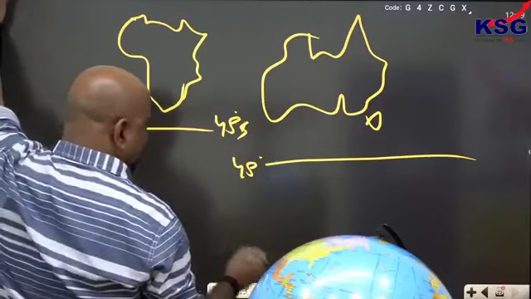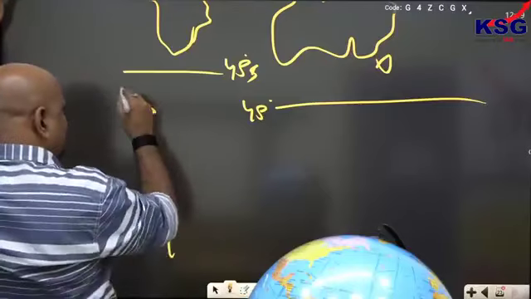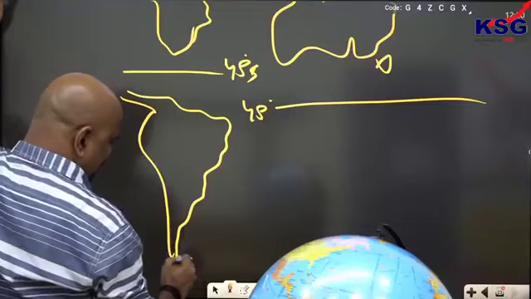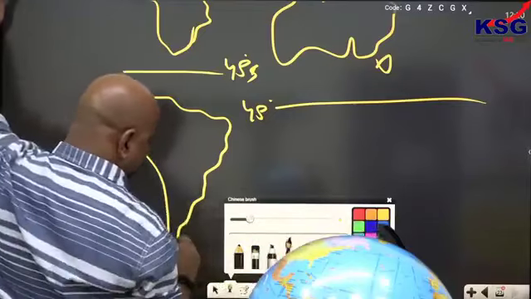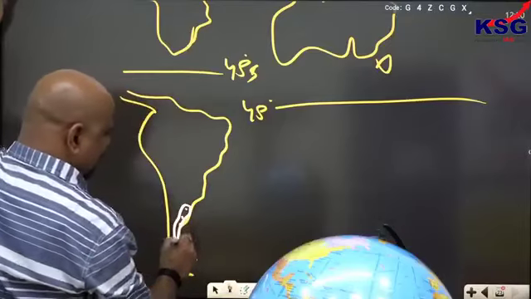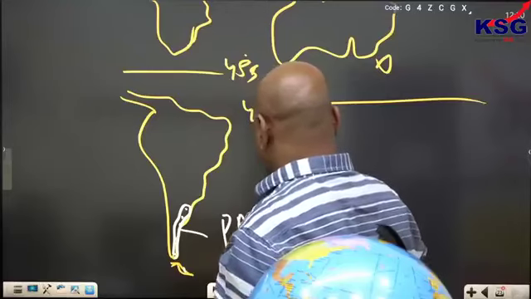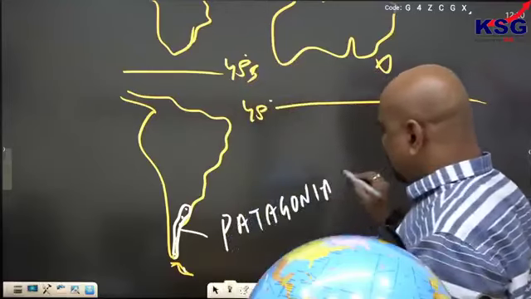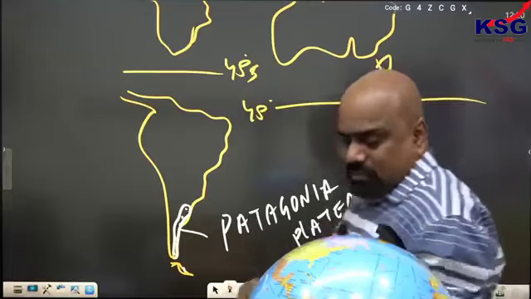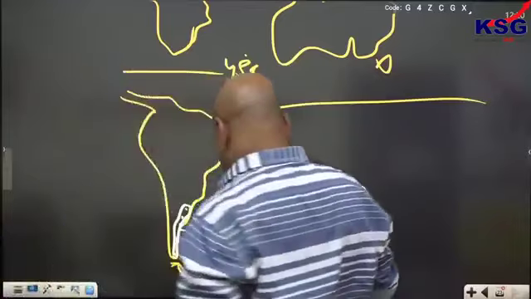continent is there, and here it is South America। इन साउथ अमेरिका ये जो एरिया है, here you have a few areas, यही रीजन है साउथ अमेरिका में। But you know that this region is in Patagonia। पाटागोनिया क्या है? प्लेटू रीजन है, Patagonia plateau region, so upland area it is, highland region,